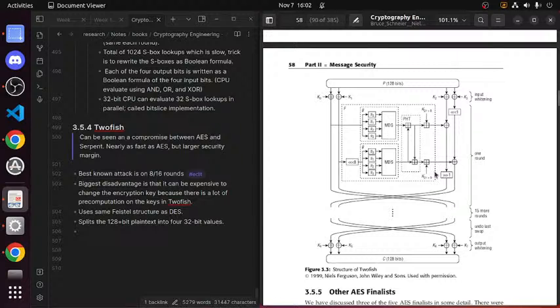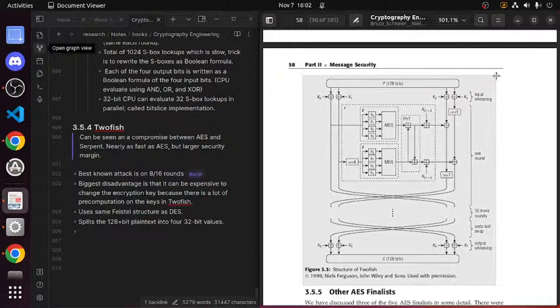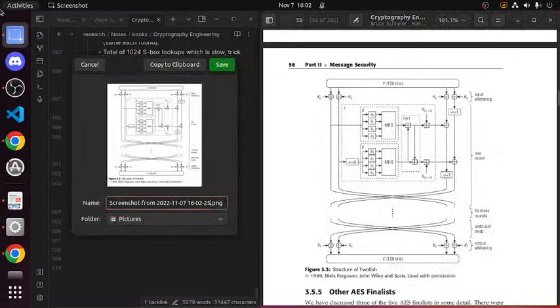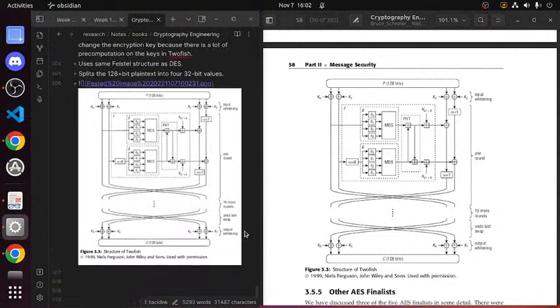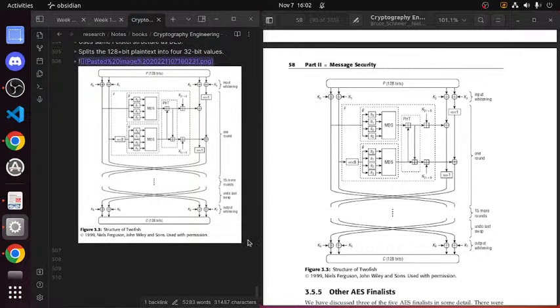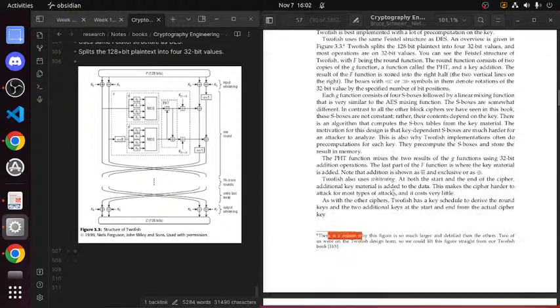Okay, so let's get a screenshot of this, and let's copy it and save it and paste it. That was pretty much the end of it.